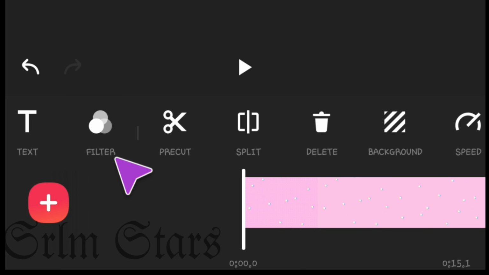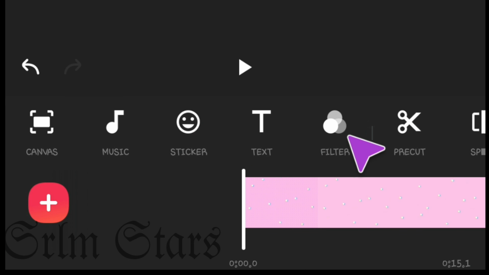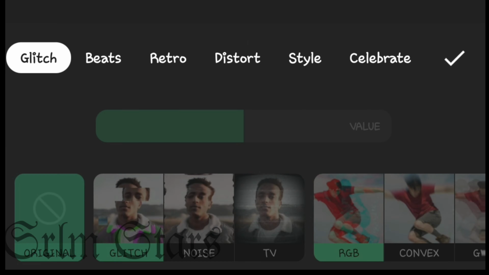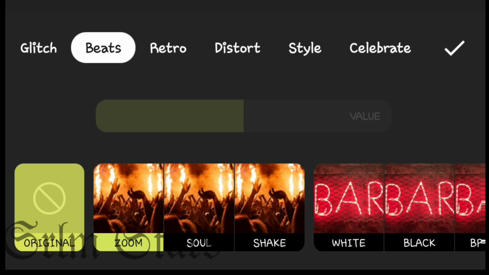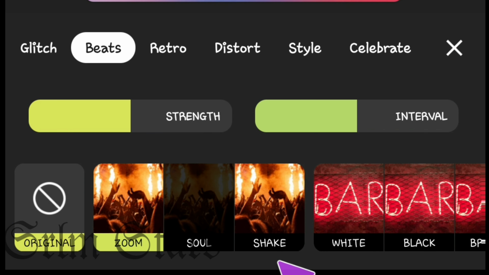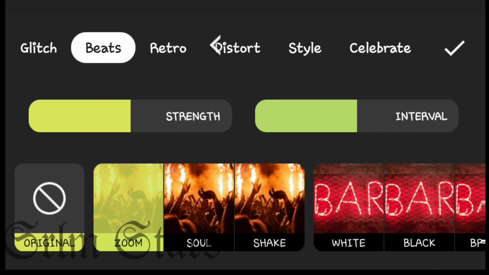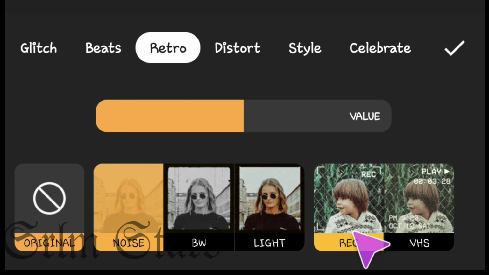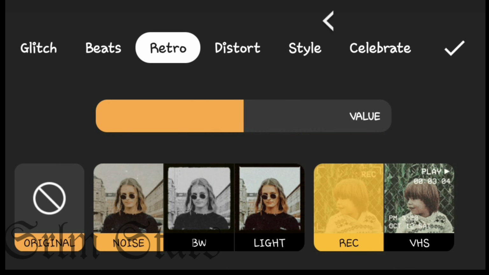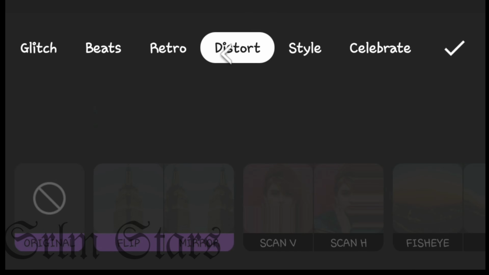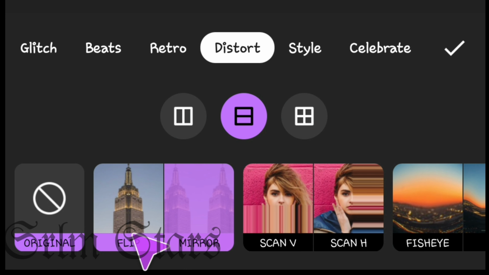And now we are going to add a filter on top of it. I'm adding an effect because it looks very nice. So click on filter next to text and click on effect. There are many effects. Look, like this one, but only the ones which are in colored are for free. The other ones are for pro version of InShot. I use the Beats zoom option because I really like that. But there are a lot of effects.